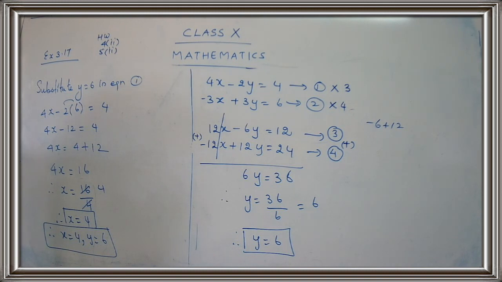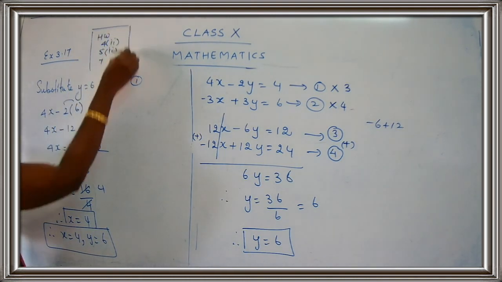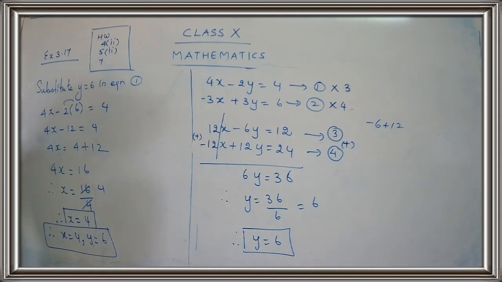Here I would like you to do the 7th question as homework. You are going to complete the 7th question as homework. Find the non-zero values of x satisfying the matrix equation. So this is of the same type like we have followed in our 6th question. First of all, you have to multiply the matrix with x and 2, then you add them and you go for the equal part.